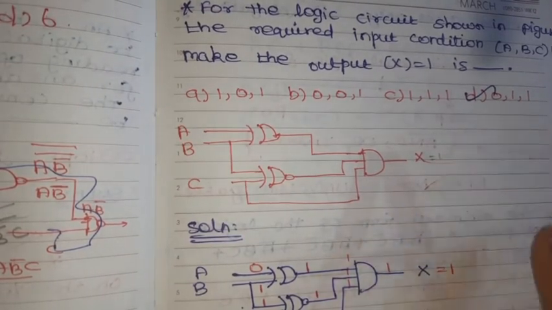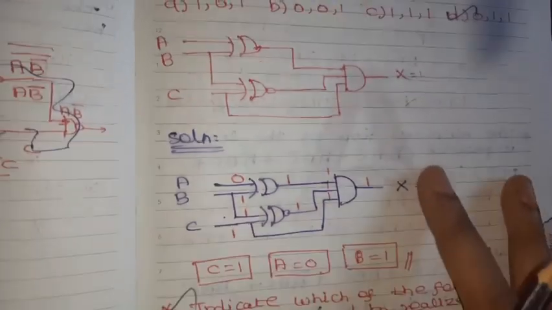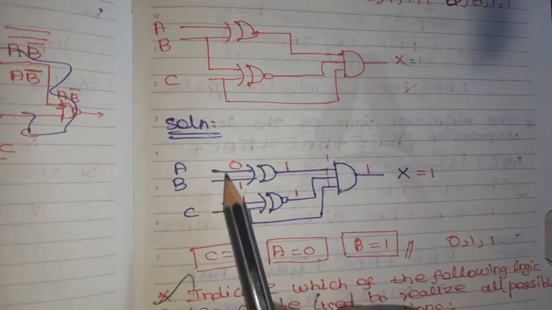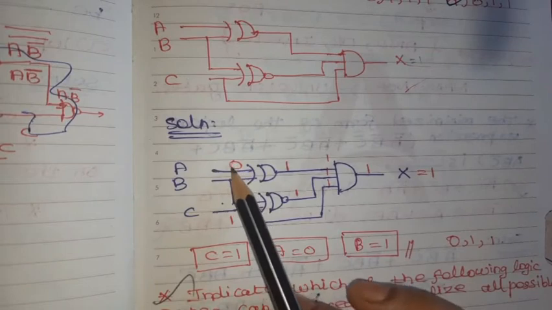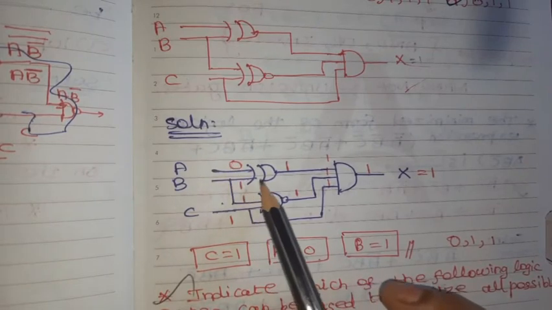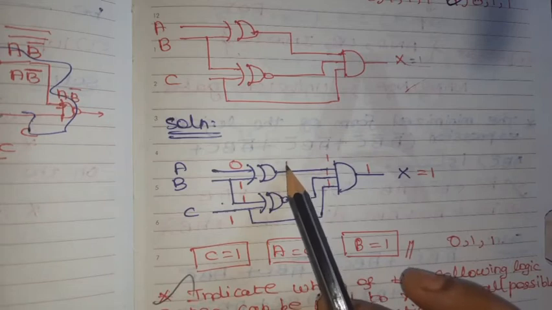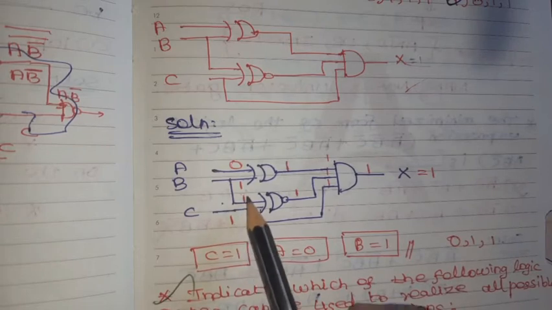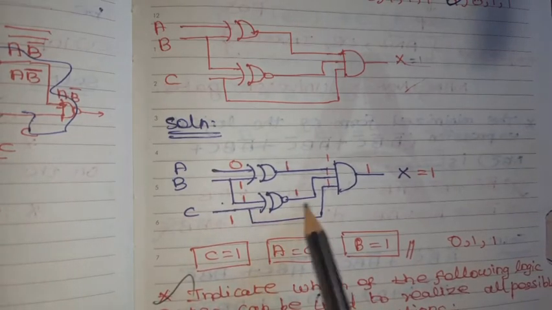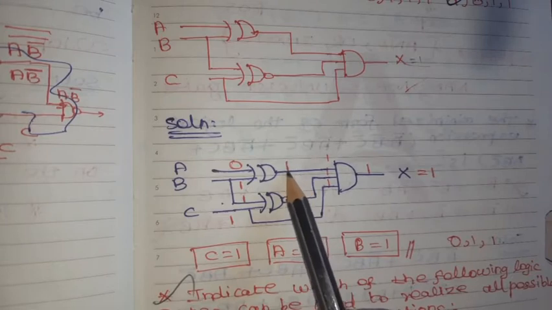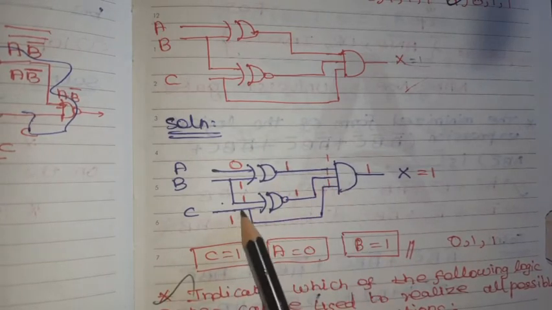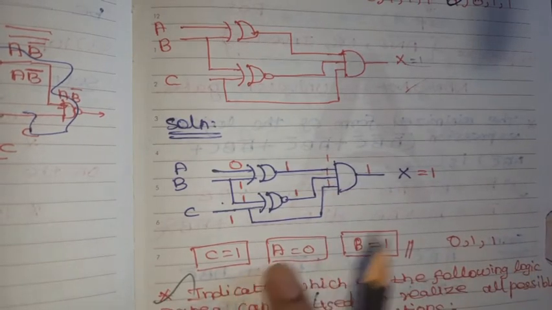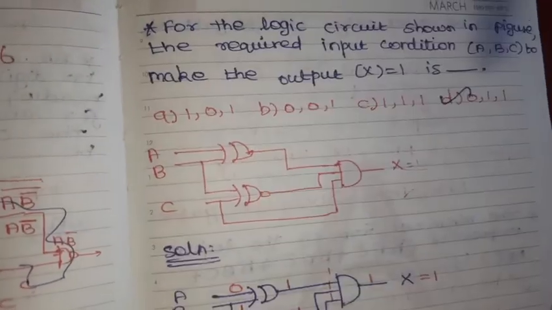Okay, let's see for this one. So A is 0, B and C are 1, right? A equal to 0, B 1, C 1. So this is an XOR gate. Whenever both of the inputs are different, we will get logic 1 at the output. Here an XNOR gate, B is 1, C is 1. So for the same input it will give 1 as the output. So here, at the AND gate, the input is 1, here also 1, and the third input also 1. 1, 1, 1, we will get 1 as the output. Okay, for this condition D is the right option for this problem.